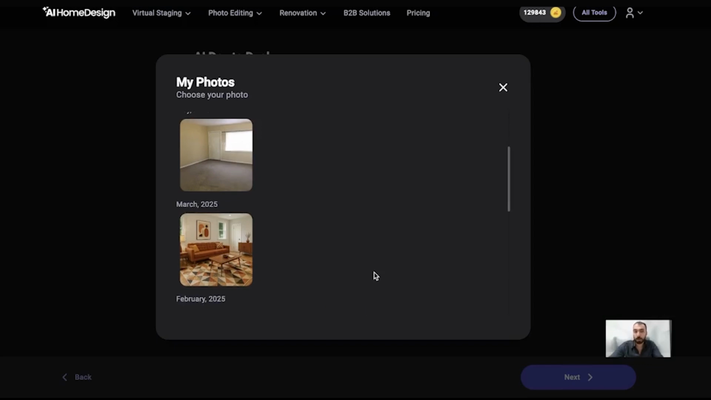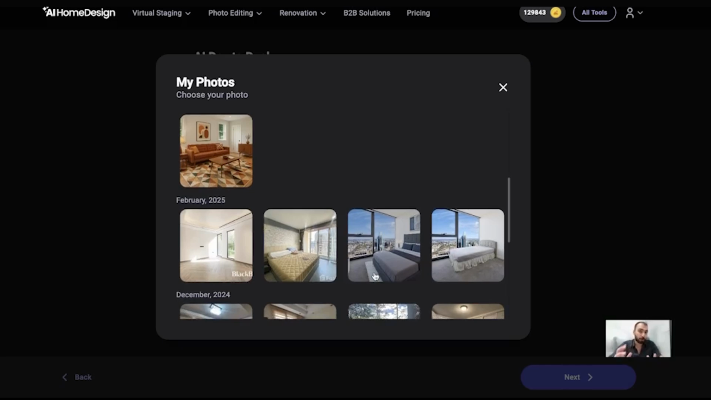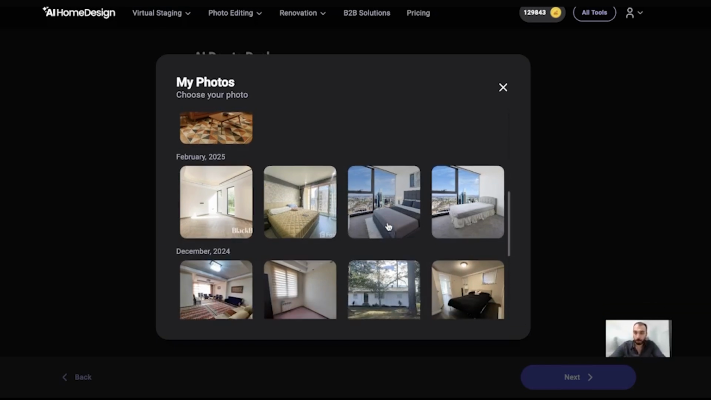The good thing about the My Photos section is that by choosing one of these photos that you have already paid the credit for, you won't need to pay any extra credit. You can use the same input photo for free, no matter if it's on the same service that you had initially uploaded the photo on or on a new service. Let's say I have uploaded this photo on our AI virtual staging before. Right now, on our AI Day-to-Dusk, I can select the photo from the My Photos section,